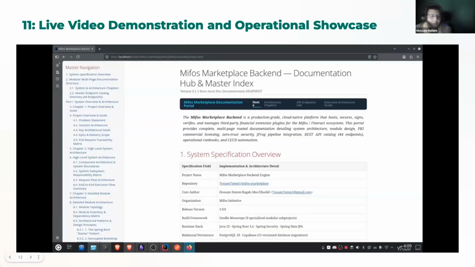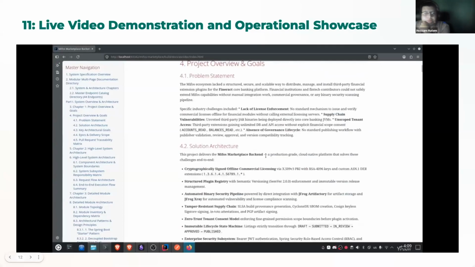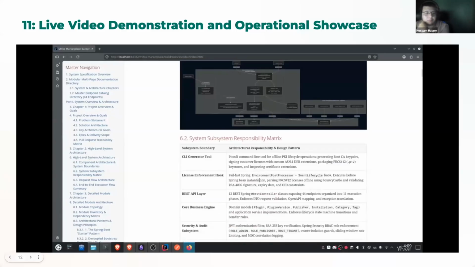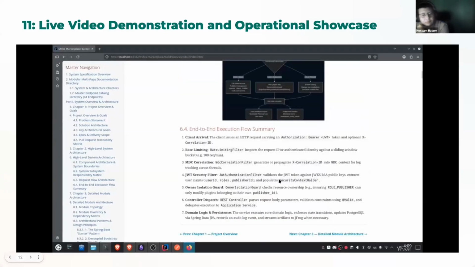Now, let me highlight our architecture documentation using the AsciiDoctor Gradle plugin. We auto-generate comprehensive HTML technical documentation containing embedded component diagrams, Spring Boot initialization sequence diagrams, entity relationship diagrams, and state machine specifications. Our CI/CD architecture features two automated GitHub Actions workflows, ci.yaml for multi-stage Java testing and build assembly, and